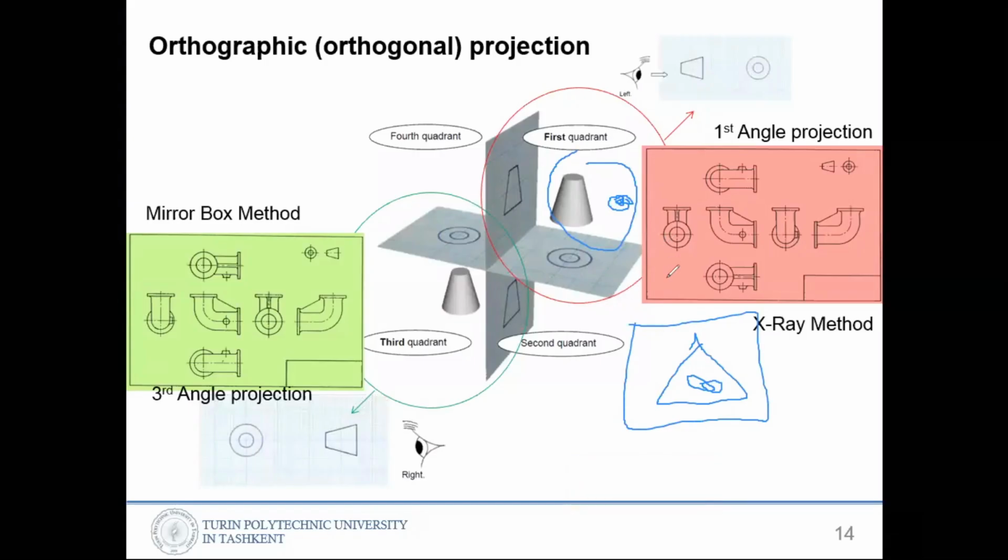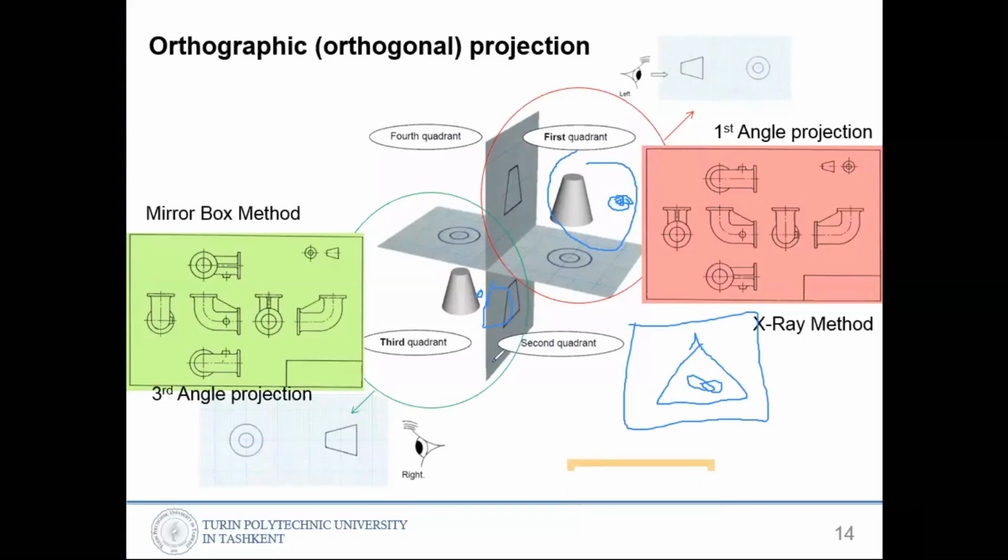Okay, so that is a first angle projection. But in here, your eye is in between the page and a part. So you are looking at the object, and what you see, you're projecting to the page. So your eye is here in between two things. But in here, your eye is here, and then the part, and then a page. So what you see from here, you're projecting to your page. But in here, what you see, you're projecting to the behind